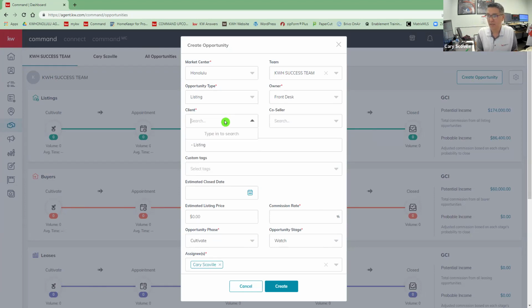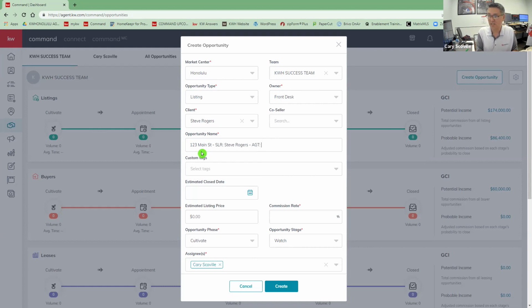And because it's my test and I'm a super huge geek, I should have Captain America Steve Rogers in here. So he's my client I'm choosing to work with today. For yourselves, have yourself as a client and tie yourself to this test opportunity. In this case, I'm going to go 123 Main Street is my listing. And of course, on Oahu, we say seller, just so that there's clarity.